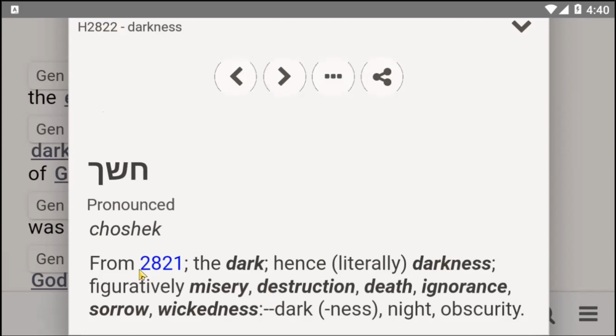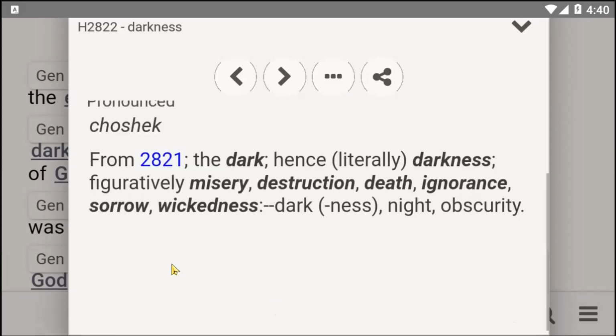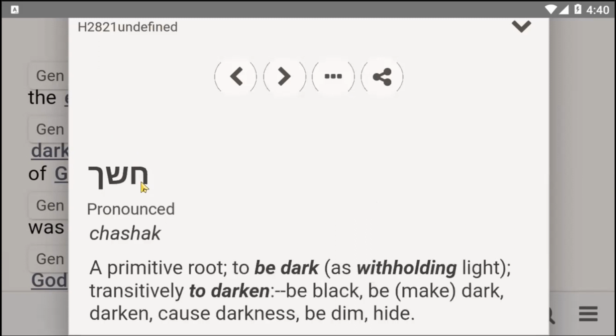Now let's click on 2821. And as you can see, there's no vowel pointings. There's no Nakud system. There's no dots. Now when you click on 2821, it takes you back to the origin. And now you get the true pronunciation of this word, which is Hashak. The Abaryt word here is Hashak, which means to be dark, as withholding light,